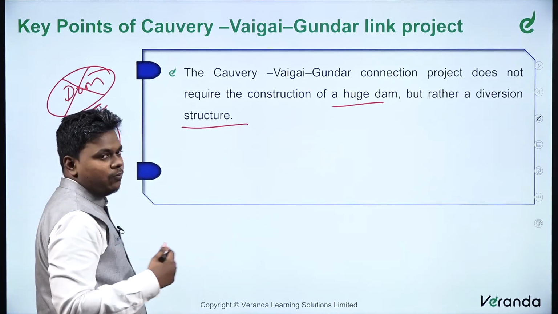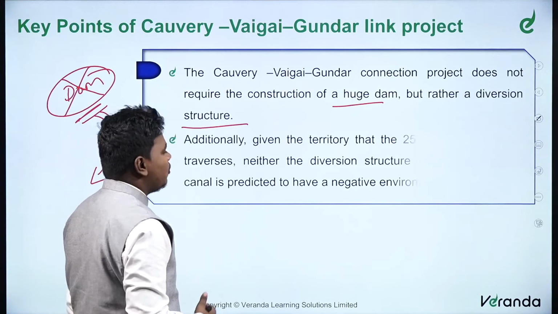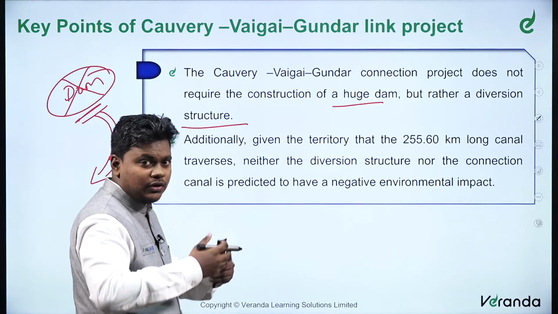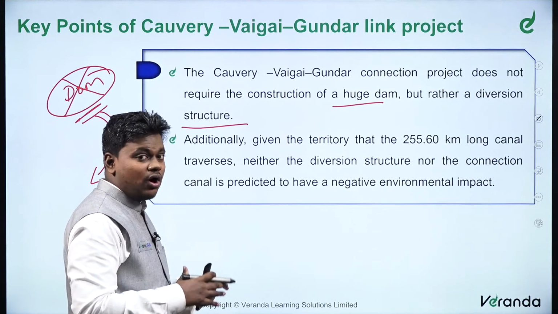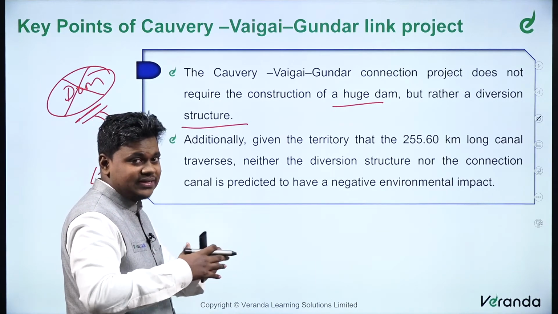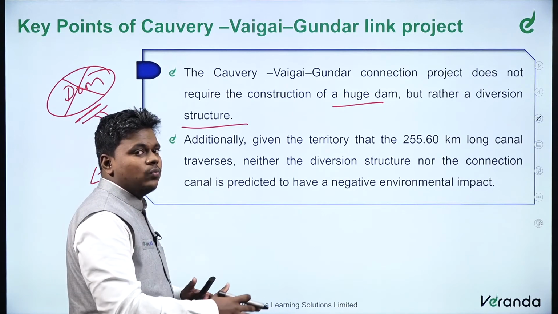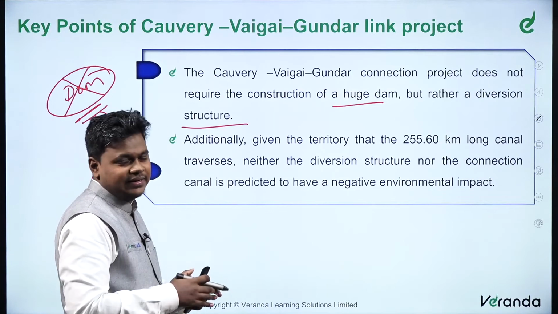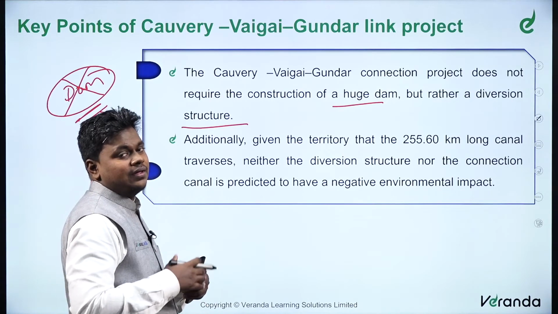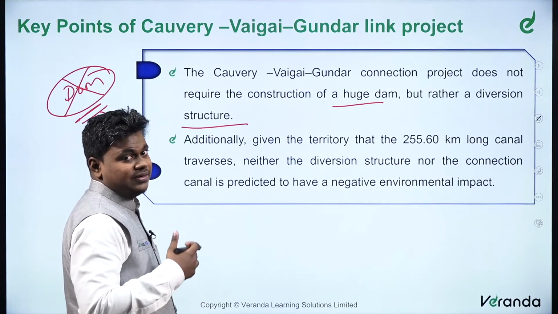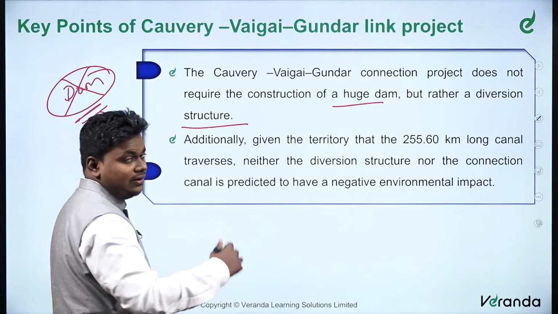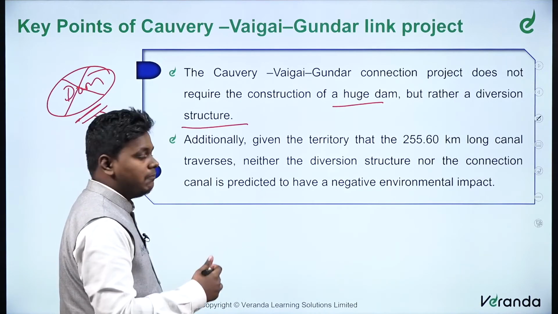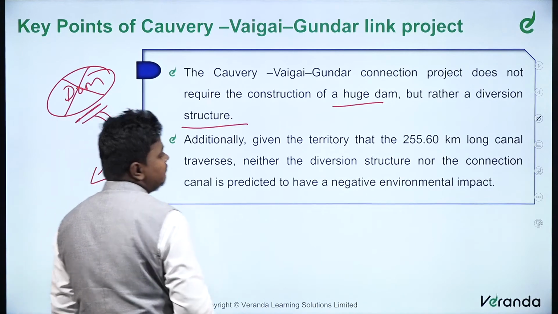That is very much important, that is very much good, because if you want to construct dams, you have to acquire a large amount of land. So, a large amount of land will actually get submerged. It will affect the wildlife present in this area, it will affect the people who are actually present in that area. So, it will be detrimental, it will be destructive for everyone in the event of the construction of a dam.